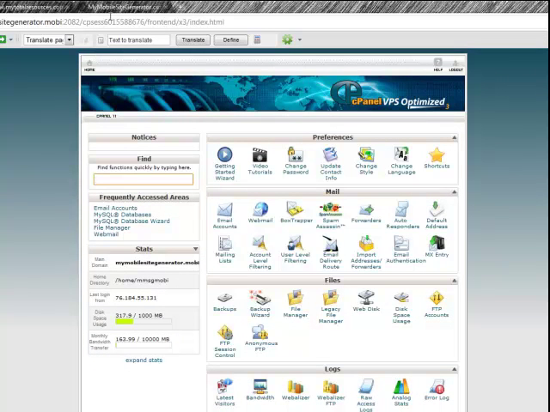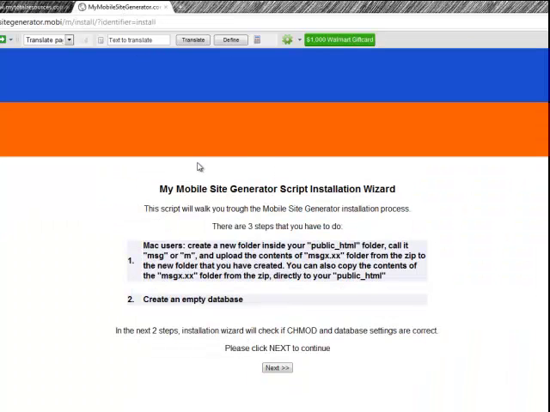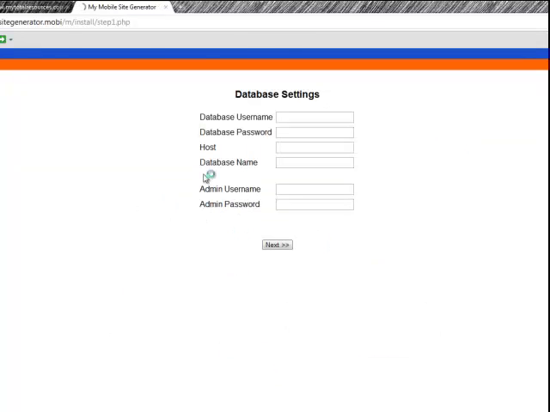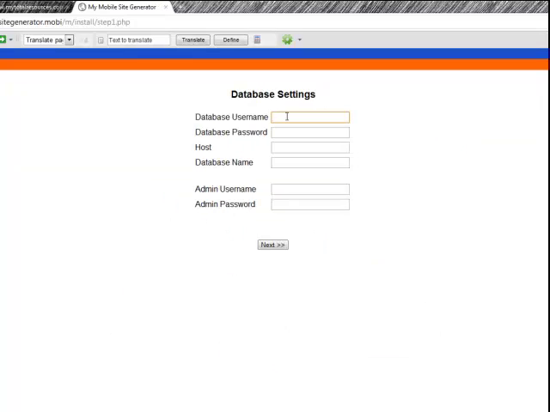Now that we've created the database, you're going to come back over here and click on next. The database username is the whole thing there. That's my actual username for the domain, underscore, and then the name of the database. That database password that I created,